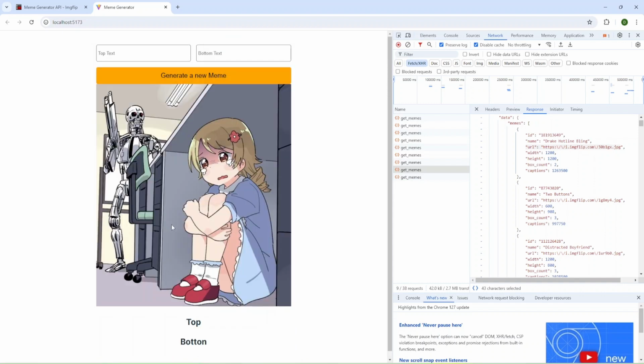And now we need to add text from the inputs to our state, and display them over the image, and also adjust the styles. So let's do it.